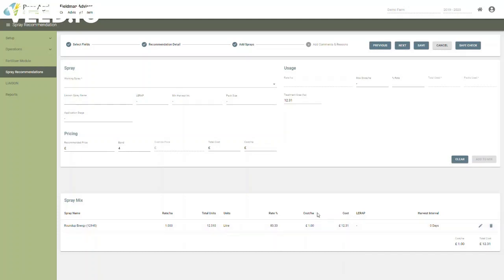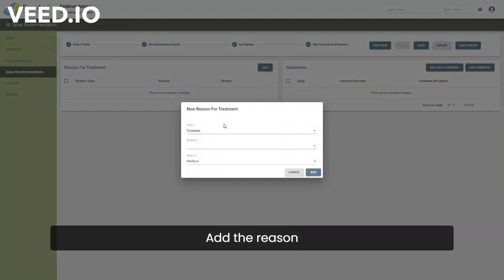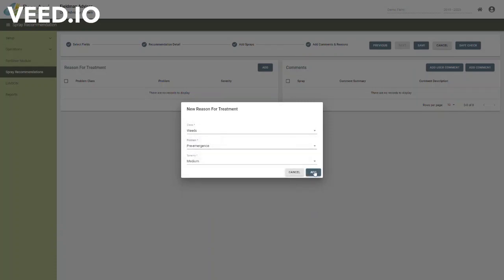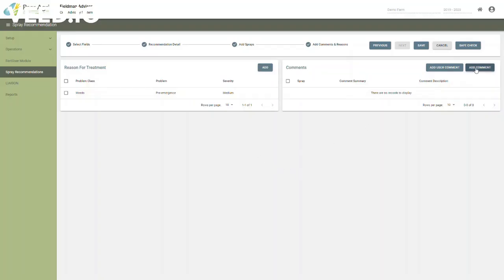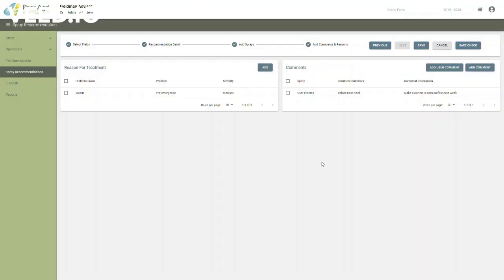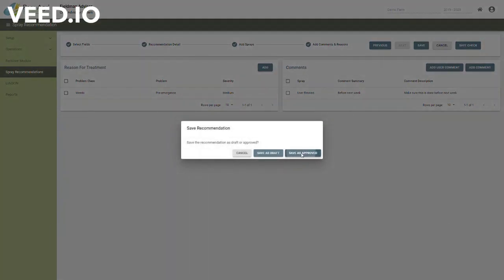This is a very simple recommendation, so I'll just go to the next screen where we can add our reasons. So let's say we're doing our pre-emergence weed control. Add that, and let's just add a comment saying within before next week. We can add that one, and we can then save this recommendation, save it as approved, and